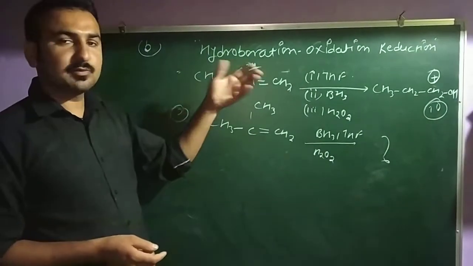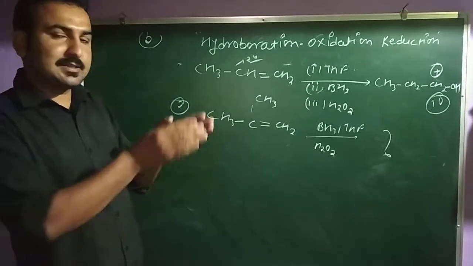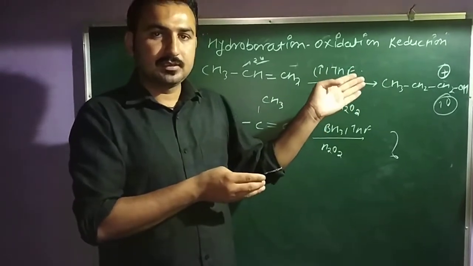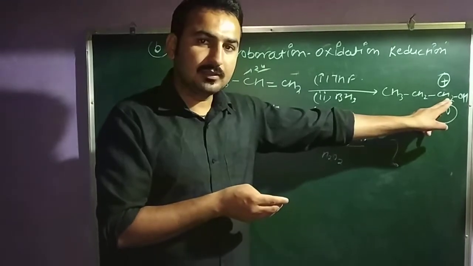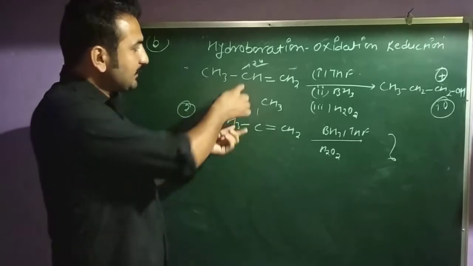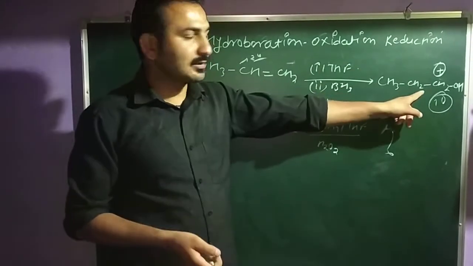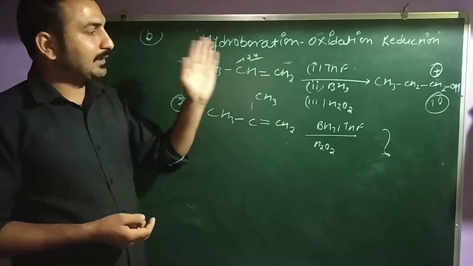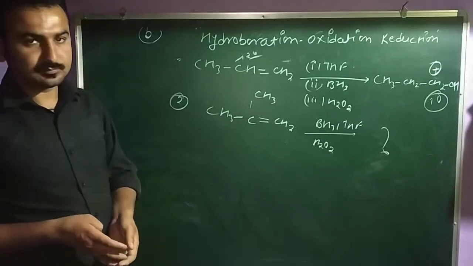Clear? In the Markovnikov rule, we will choose a stable carbocation. The more stable the carbocation, the more stable the product you get there. Clear? But we are seeing here there is a 1 degree alcohol, and we have the chances to attach OH here also, but the product you got is this. Clear? That means this reaction goes under the anti-Markovnikov rule. So what will be the product here in the second example?